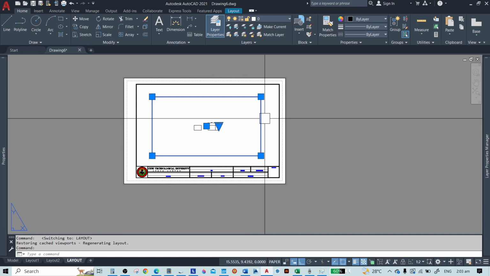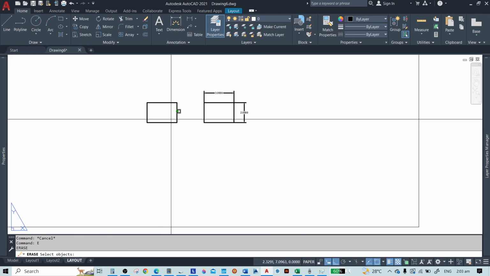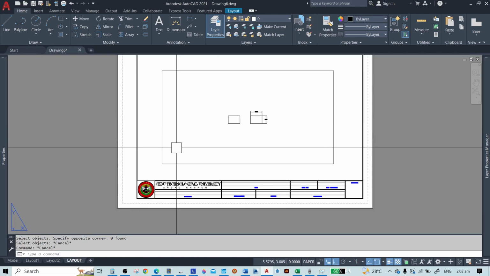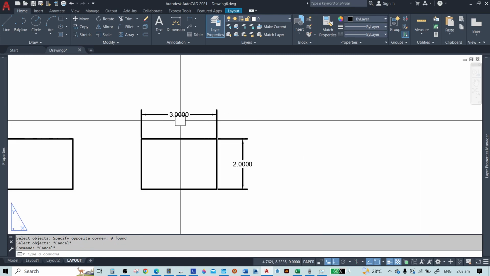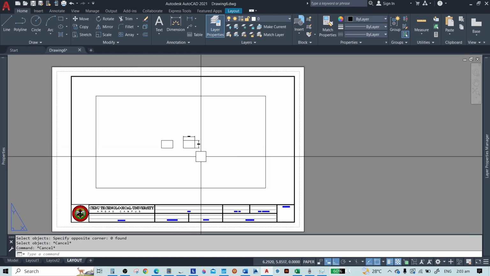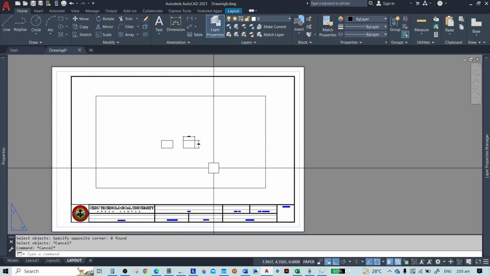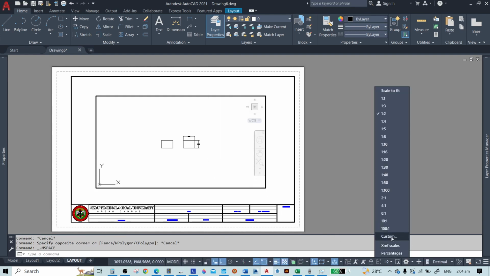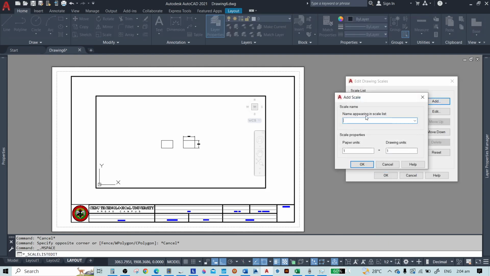Now what if, for example, this drawing we scale it into inches. So let's say this is 3 inches and then this is 2 inches. Okay, so we need to make a custom scale for this. So just double click it in the viewport, make a custom scale, add, so 1, let's say 1:2 or 1:1 maybe. 1:1, it's okay, 1:1 lang. Inches.